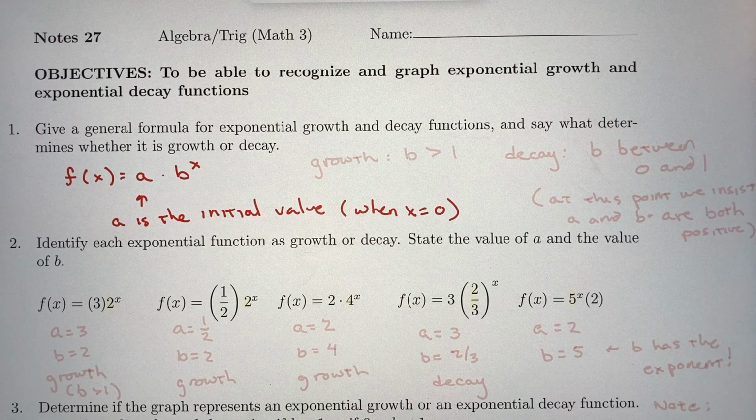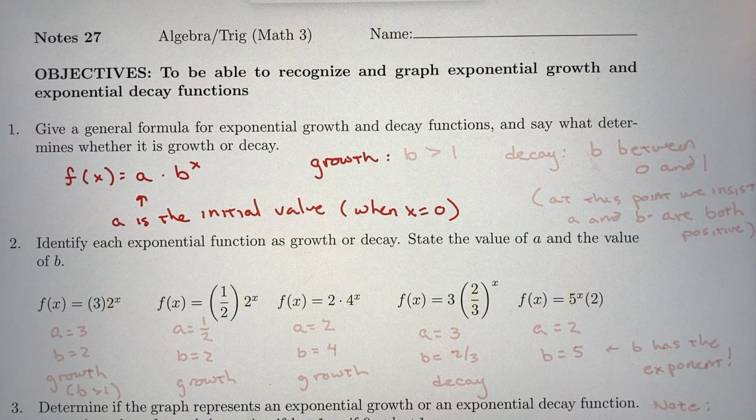It's called the initial value. If x is 0, b to the x is just 1, so you have a times 1. B is growth or decay, so let's just say growth,